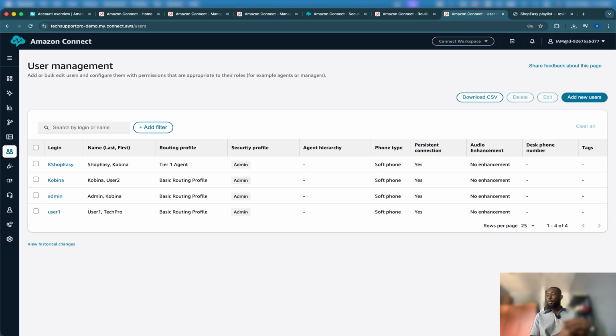Everything is configured. We have our agents, we have our routing profiles, we have our queues, we have our hours of operation for our contact center, and then we are good to go. So in the next video, what we are going to do is to start building our actual contact center experience that will allow people to place a phone call, test their chat, do whatever they want to do. Then we'll be good to go. So this is going to be an interesting one. Let's meet in the next